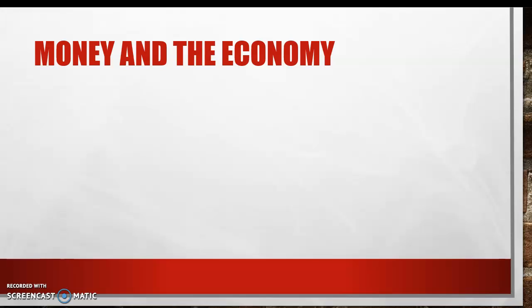So we're at Roman numeral 3, money and the economy. I'm on page 222. I'll read the first paragraph to you. Now we come to the ultimate question in this chapter's discussion. What difference does it make if the Fed increases or decreases the quantity of money in circulation? To answer that question correctly, you need to understand the economic effects of monetary policy changes and the effects of the money supply on prices and interest rates.